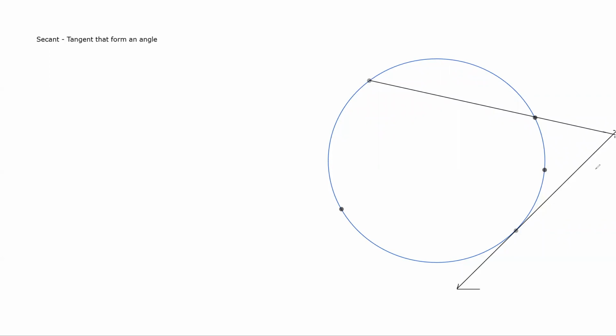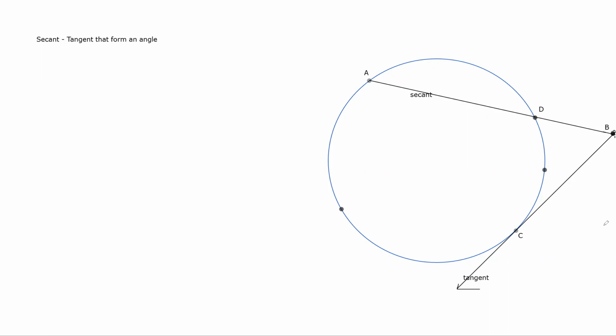All right, so we have a secant and we have a tangent that form an angle outside that circle. Let's label some points. So we've got point A, point D, point B, and point C. Go ahead and get your picture drawn. You need the picture to go with your worksheet, I promise you. AB is a secant, BC is a tangent,